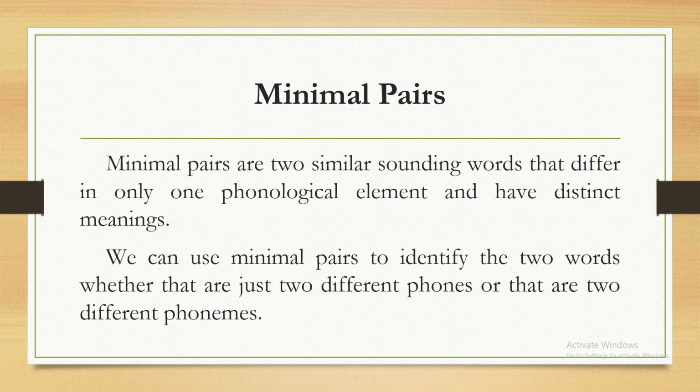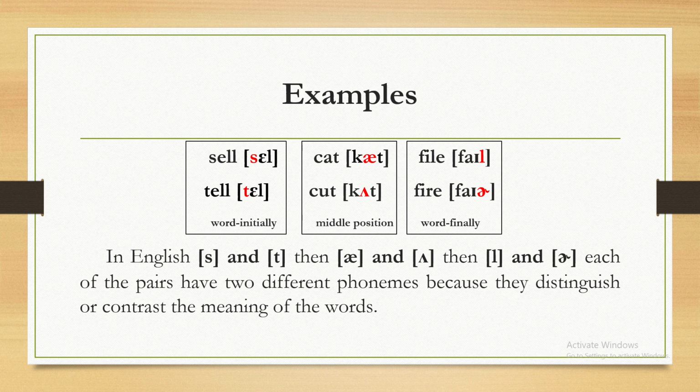Phonemes are related to minimal pairs, because we can use minimal pairs to identify whether two words differ by just two different phones or by two different phonemes. Minimal pairs are two similar sounding words that differ in only one phonological element and have distinct meanings. For example, I have three minimal pairs here. Each of the minimal pairs has the same number of sounds and differs in only one sound at the same